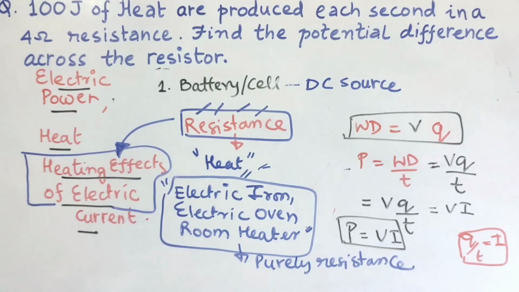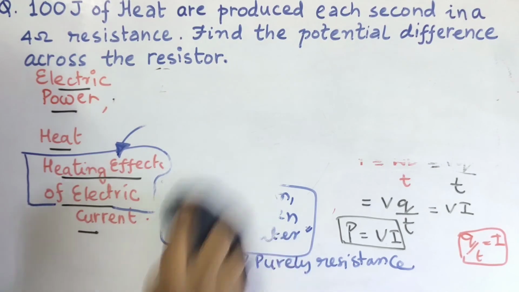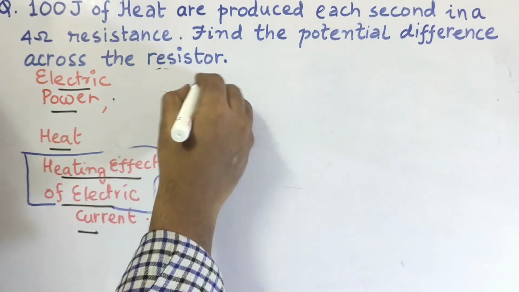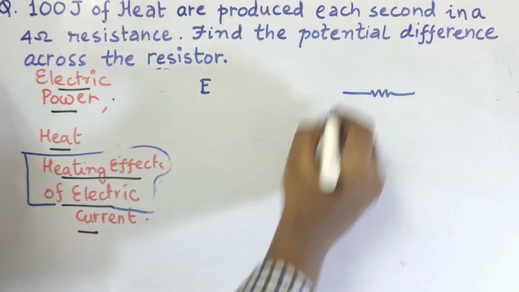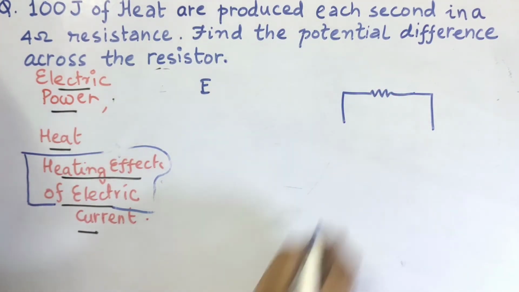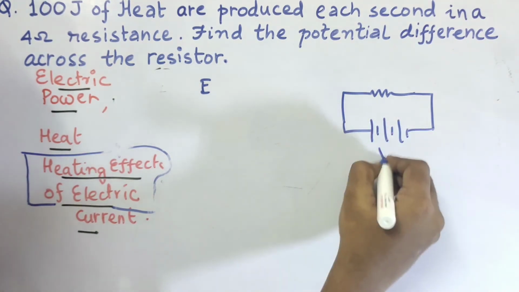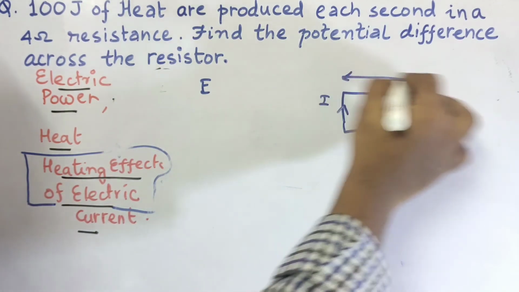So let's discuss heat. In these appliances, heat is expended from the source. So the energy consumed by, suppose let us take a heating device which is connected across some source of potential difference, say V, and current I is passing through it.